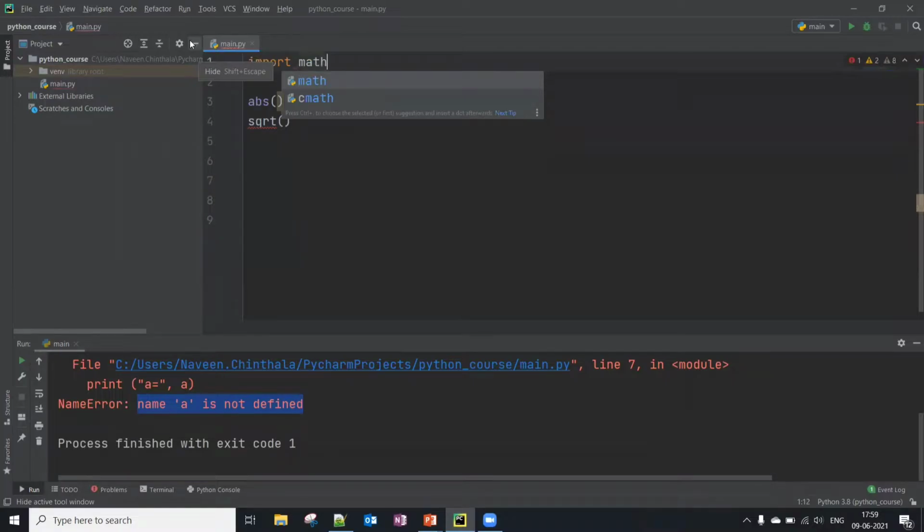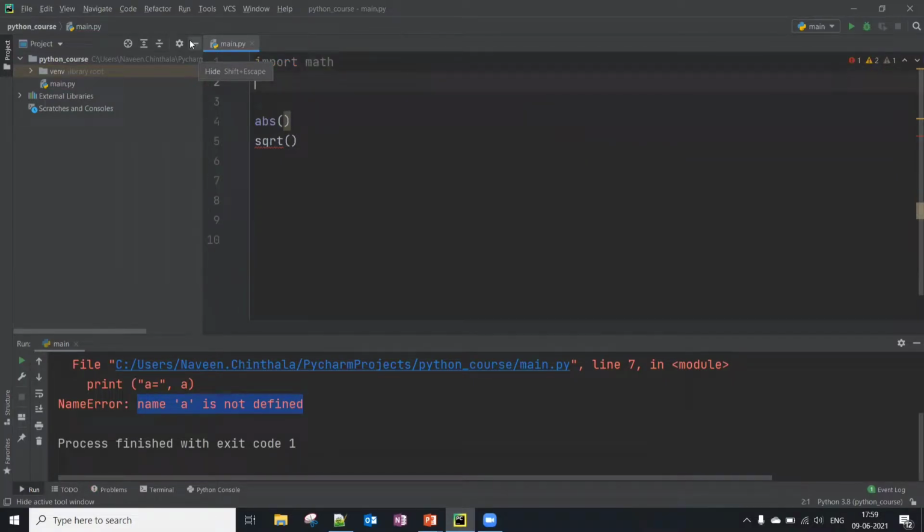Import math. I'm importing the math module, and I'm going to print the absolute value of minus 20. Okay, that I'm going to print.